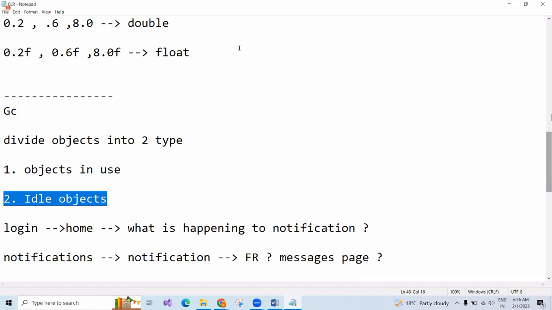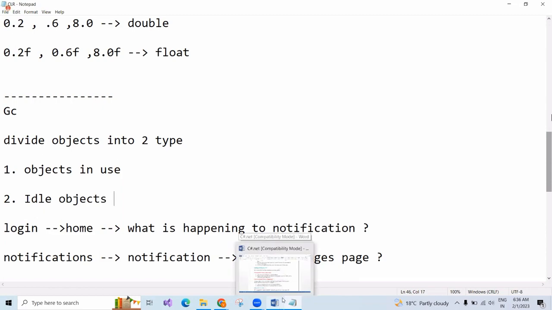So the .NET processor, the CLR, will take care of this automatic memory management. Due to this, memory management will be taken care of by our CLR only, so there is no burden on the developer's head. The developer doesn't need to think about memory again. This is what the garbage collector does.